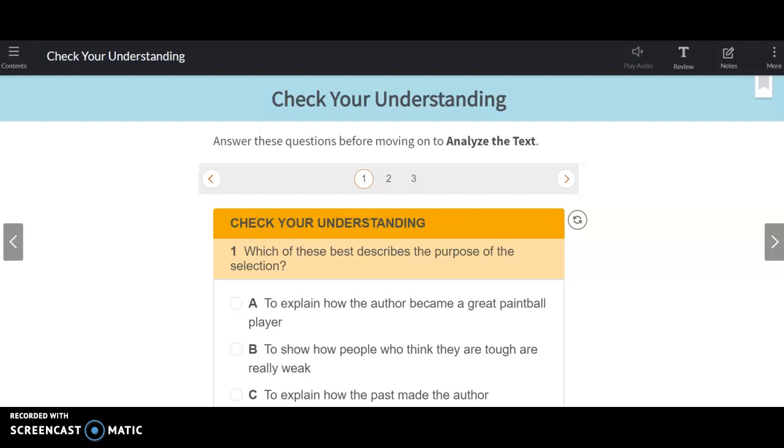Now, before I get into today's assignment in detail, I want to say if you don't know what I'm talking about, then you need to go back to last week's work and complete it. When I look at how many students have finished last week's work, it's not very many. So if you did not read this essay, you need to start with last week's work or you won't be able to do this week's work.